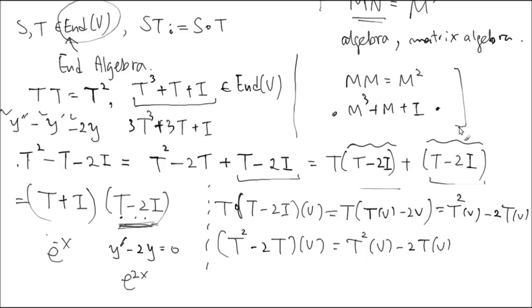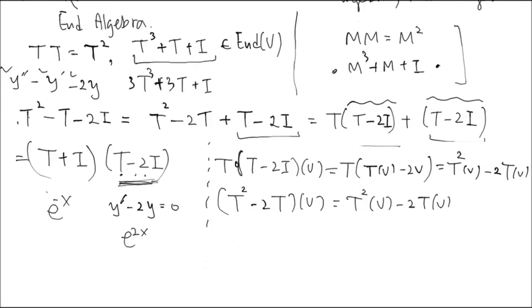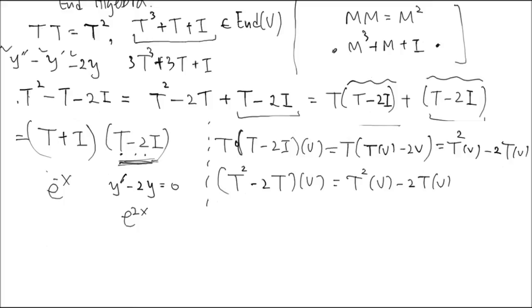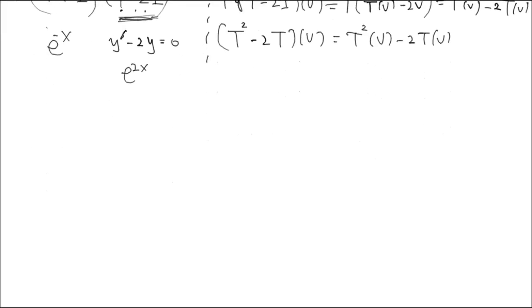You have to get used to a little bit of abstract ideas like this, so that when we talk about infinite dimensional vector spaces, where there's no matrix algebra, you have to rely on this type of language, which is Hilbert space. Hilbert space is a language for quantum mechanics and modern physics, right? That is an infinite dimensional vector space, and they have to rely on this type of endomorphism algebra. So it's hard to read because it's abstract, but it's something that you have to get used to at this level. All right. So